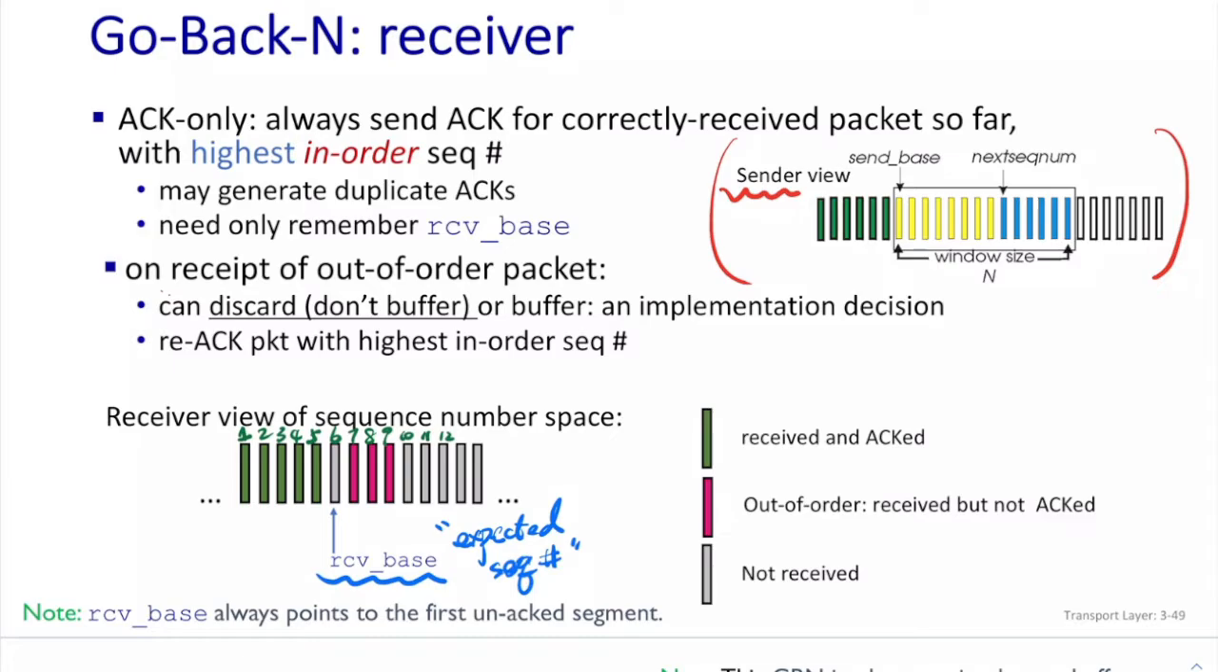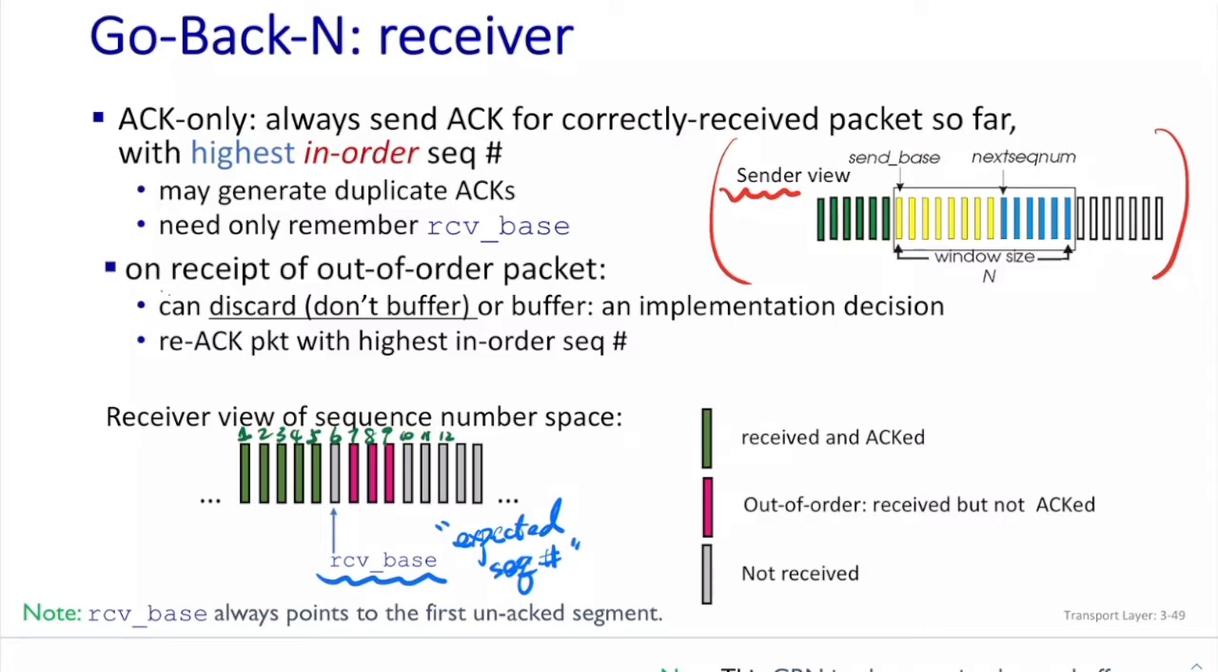You can see that the only thing that the receiver in Go-Back-N needs to remember is the next expected sequence number, which is RCV base. For a receiver in Go-Back-N, you only need to remember the expected sequence number you would like to receive. So for example, right here,